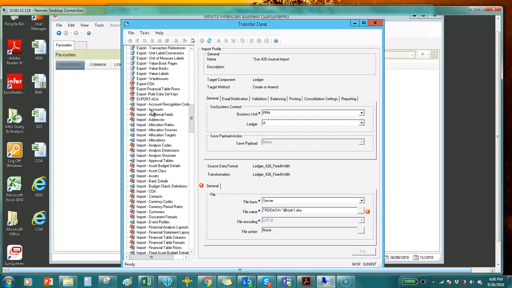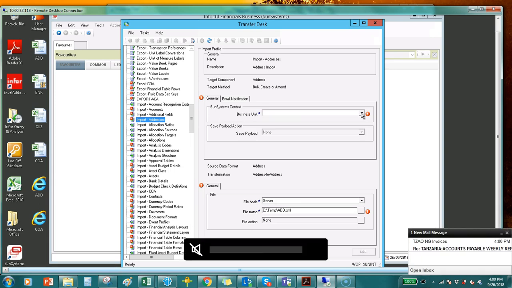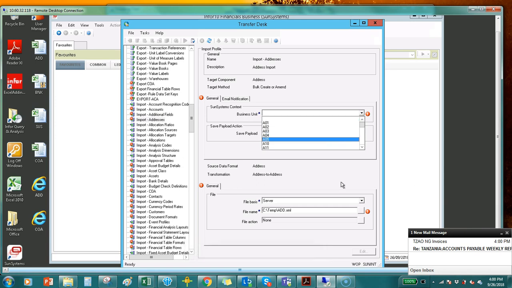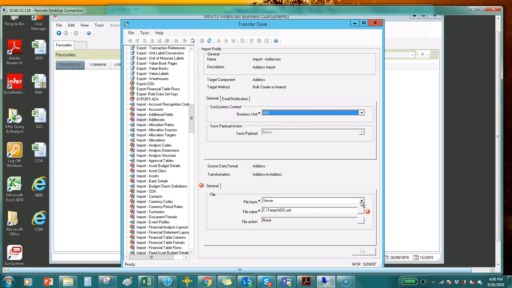First, you can do either accounts or addresses. Those are the two XMLs we have created. I prefer addresses first, but it's up to you. You can decide on that. Select the business unit, and then under the general, come to this file basis, select client,